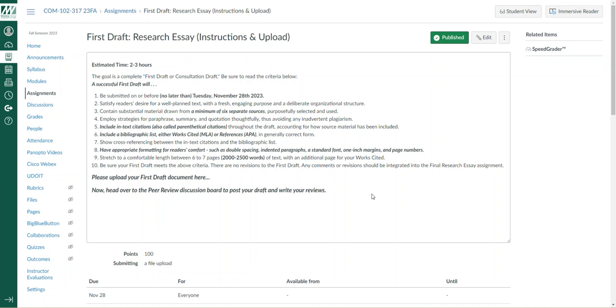So I would like everyone to think about the first draft here as you're writing and preparing to write discussion boards 15 and 16 and how those can work for you. I will review this draft and offer feedback, and then a copy of your draft will head over to the discussion board for the peer review process, and I'll have more on that as we approach the due date.